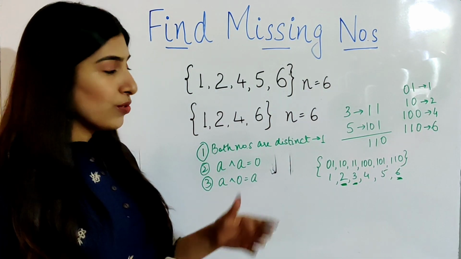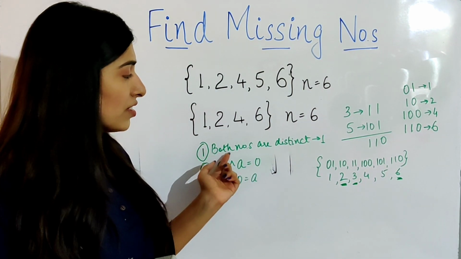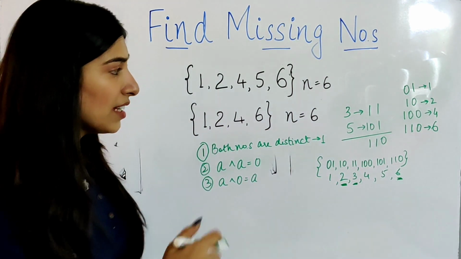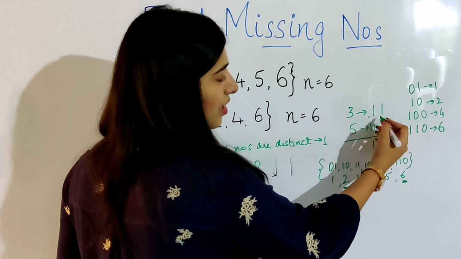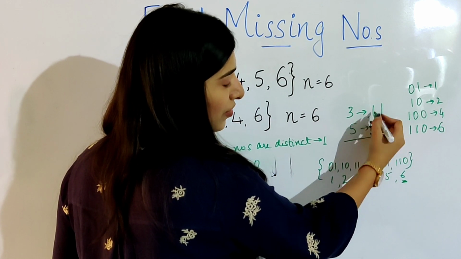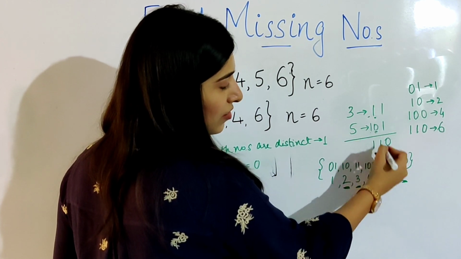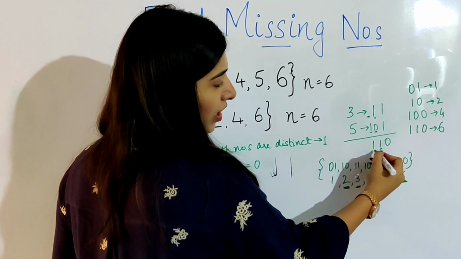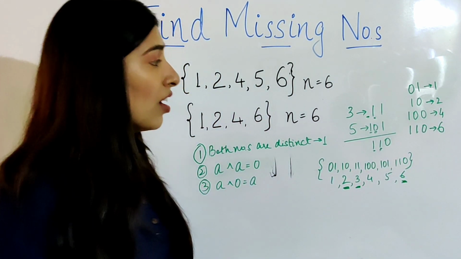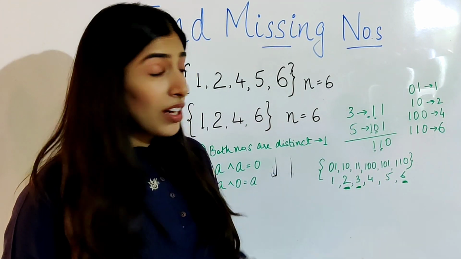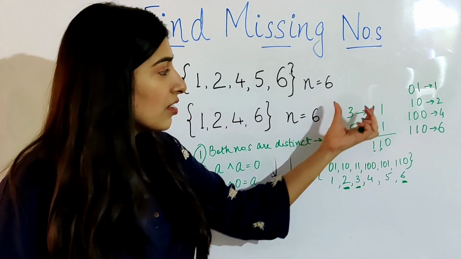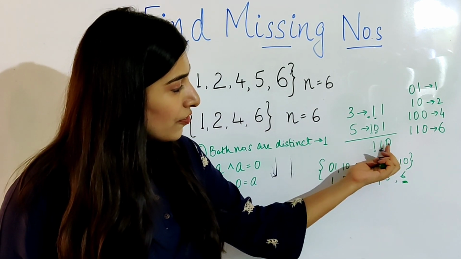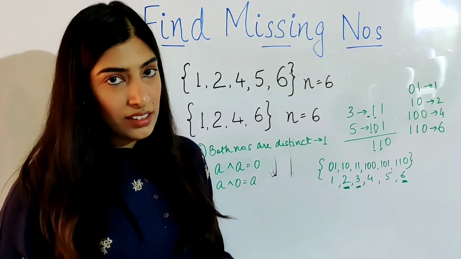Now what we are going to do is use our first property, which is that only when both the bits are distinct, the XOR is 1. So let's see in this case. Here the second bits from the right were different. That is why the resultant was 1. Similarly, the third bit was again different, 0 and 1, and that is why the bit was 1. So what we do is, we pick one place where the bits are different for the numbers. That is, we find the first 1 that comes in the resultant.